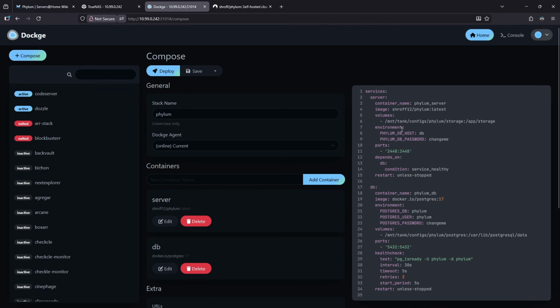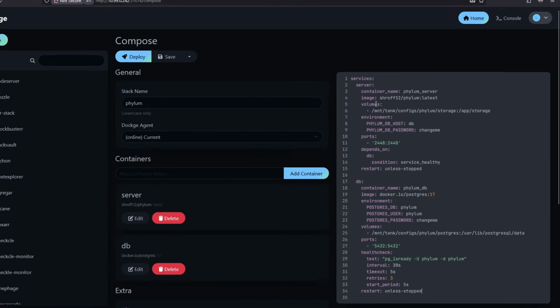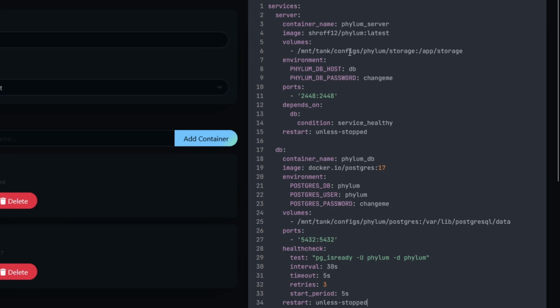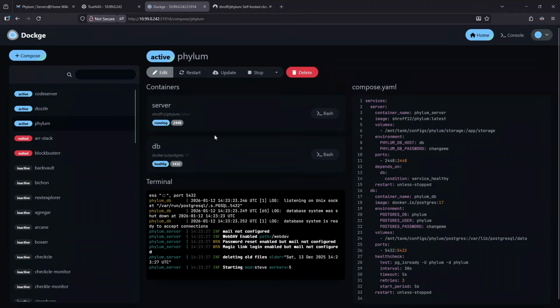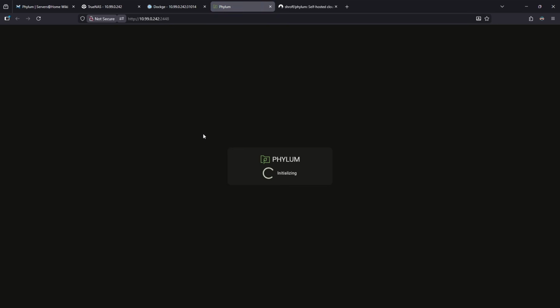Within this compose YAML, you may have to tweak a couple of things. First, I put my dataset in the configs dataset on my tank pool. If you didn't and put it somewhere else, make sure that you adjust the volume outline here and down here in the database section. Once you've done that, click deploy. Now that this is running, you can click the 2448 pill to open up the server. We see here it has automatically filled out the instance URL where it's located, and I can click next,